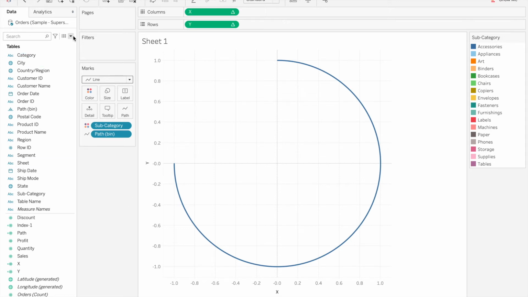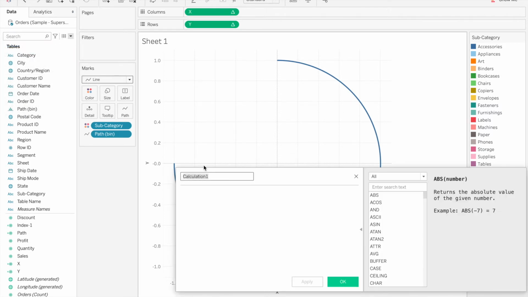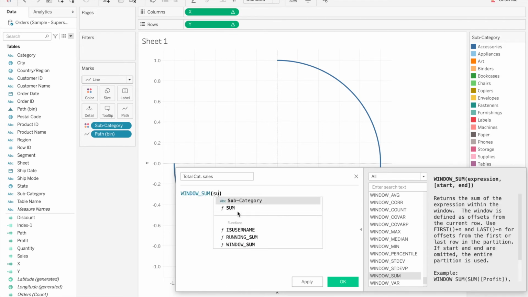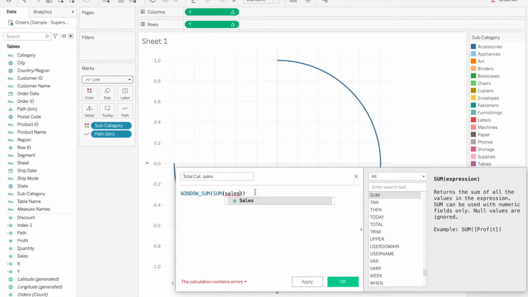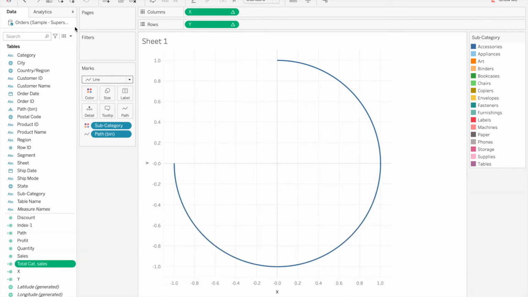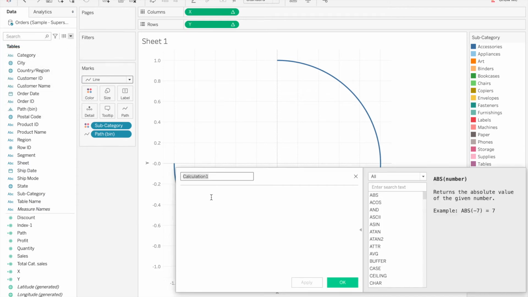The first step: because we want sales for our subcategories, let's create a calculated field for sales, and for this we will add window sum of sales divided by 2. Click apply, OK.